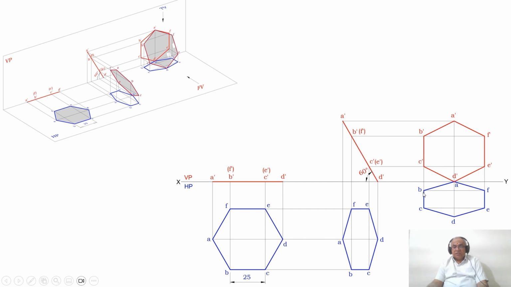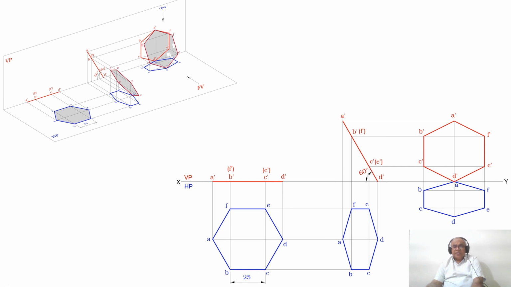And then you draw a vertical projector from B and C to the front view. Similarly from C, E and F to the front view. Then draw a horizontal projector from B dash and F dash and also from C dash and E dash. These 4 points are going to intersect at this point and this point, which are B dash and C dash. You mark them as B dash and C dash, and similarly from E dash to F dash. Similarly, you mark from A dash to F dash. Of course, D dash is already marked. Then join A dash to B dash to C dash, C dash to D dash to E dash to F dash, and F dash to A dash. So this is how you will be able to draw the hexagon